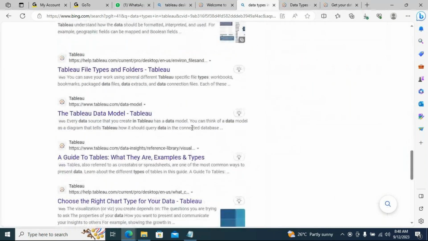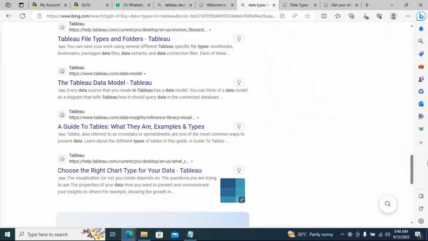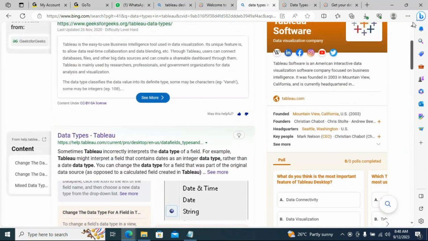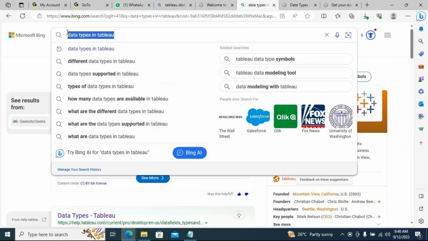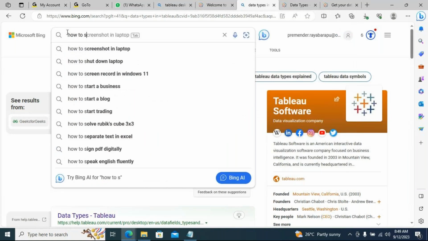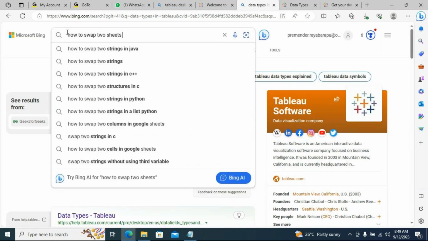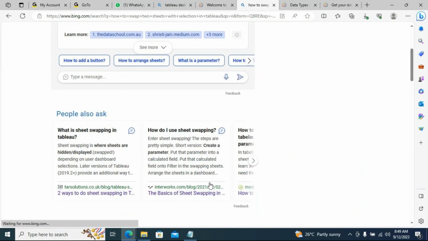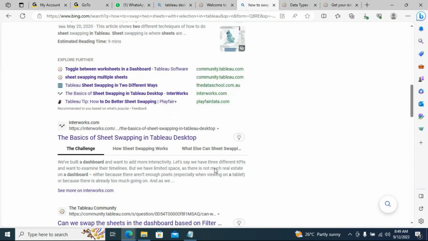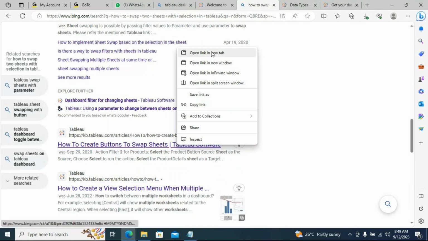There is one more site which is from Tableau. This is the official site,